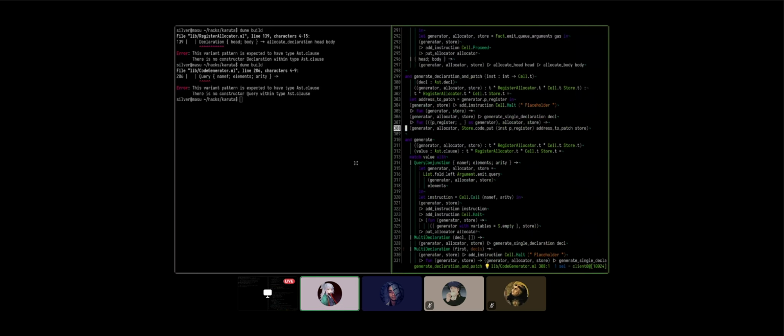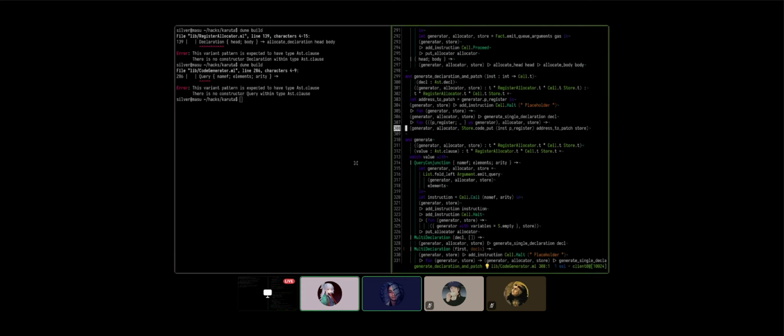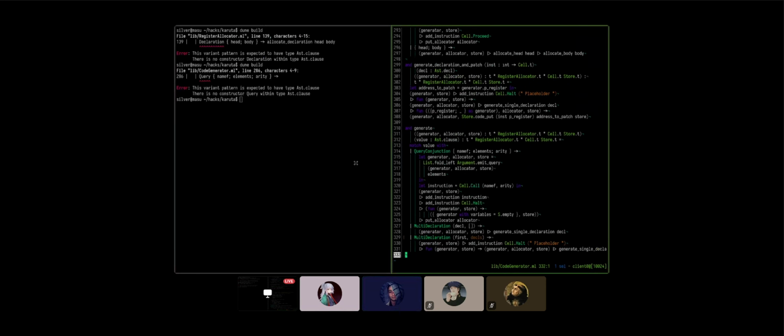Yes, but the fact that the fold is not quite uniform is going to be kind of annoying. But yeah, easy though. I think there's a function called last, and that decouples the last element from declares. Here's my proposal. We do the first, and then let's call the function right now generate declaration patch with the first using the try me else. Then let's pick the declares, do a pattern match on, well, do something to discover if there's more than two elements on it.